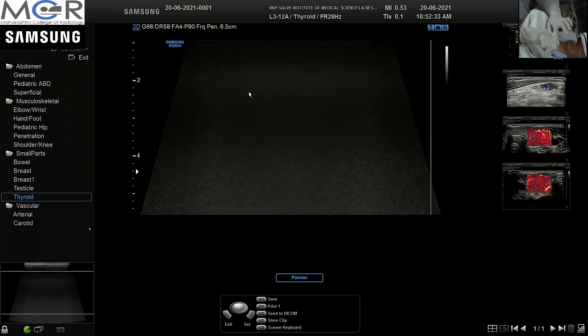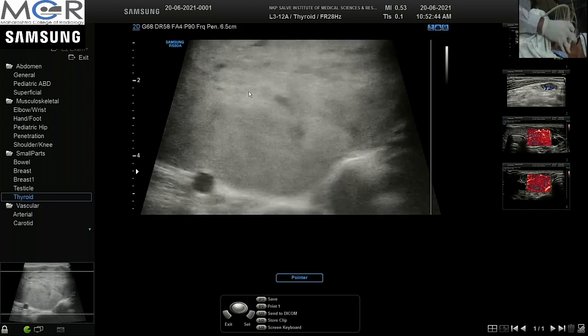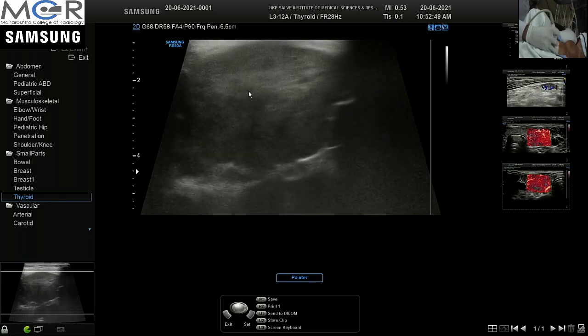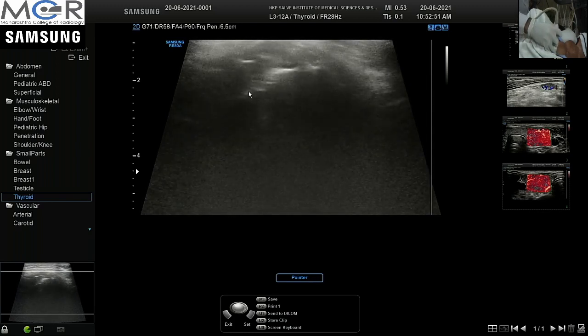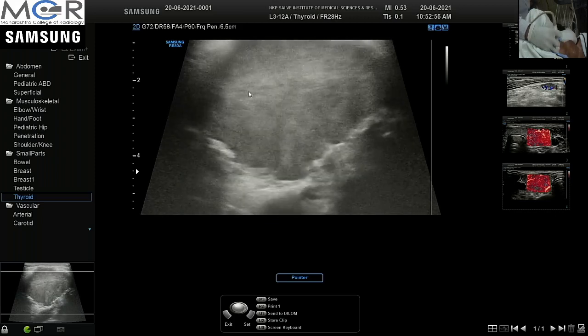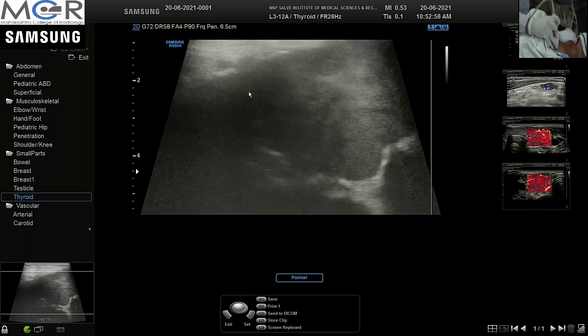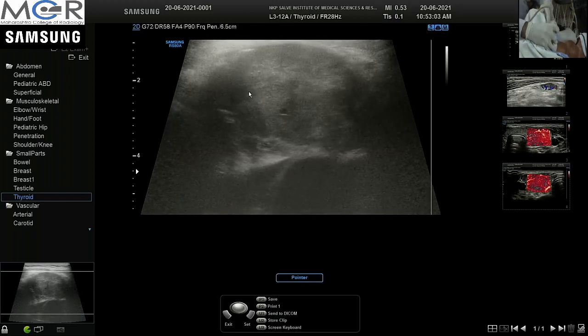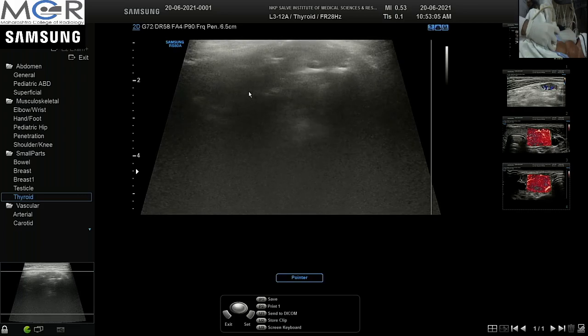If you see here, if you try to palpate, you cannot go below the lesion. No, only this part is moving, this part is not moving, so they cannot go below the swelling. So what they need to know is whether there is a retrosternal extension. For retrosternal extension, transversely you can go in the midline or paramidline, as the case may be. Because this is on the right side, we'll go right paramidline and try to see whether we can go below the swelling.